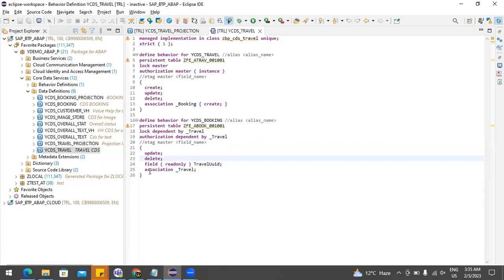And you can say here association underscore travel is there because this behavior is for booking. That's why here association is for travel, and in behavior of CDS travel, so here we are having association for booking. Okay, so now what you need to do,